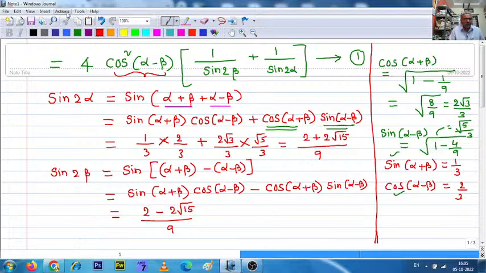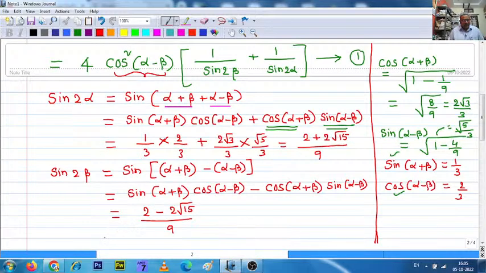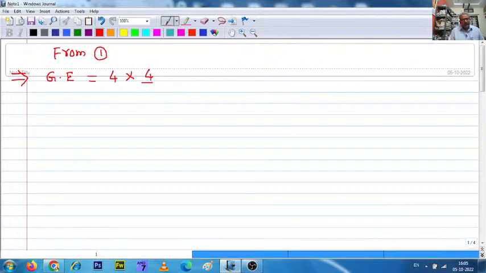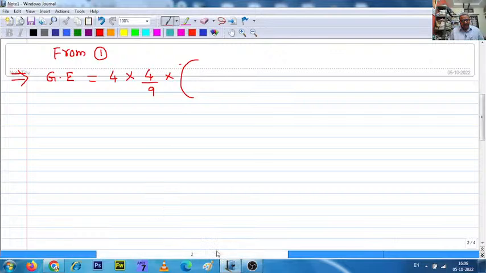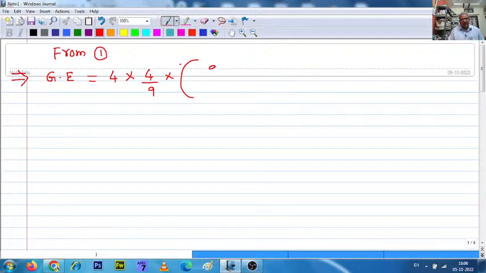So now, from 1, the given expression is equal to 4 times cos square alpha minus beta. 4 times cos square alpha minus beta is equal to 2 by 3 whole square. 2 by 3 whole square is 4 by 9, multiplied with 1 upon sine 2 beta, that is 9 by 2 minus 2 root 15,